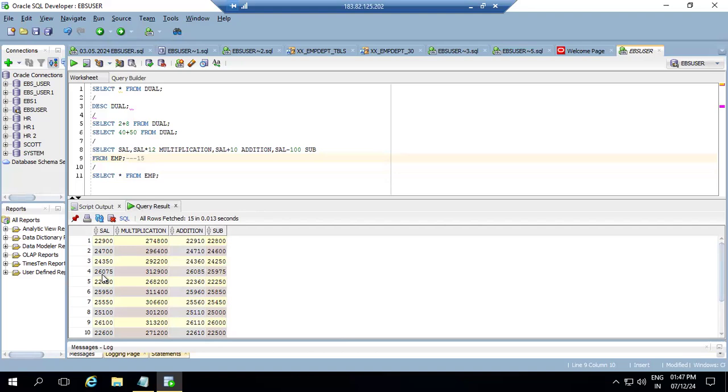This is your salary column. We mention the salary column so as not to get confused about what the exact salary is here. So our salary is 22,900, and we are doing the multiplication into 12, which is another column over here. Then the addition and subtraction, right? If you use it like select sal, sal into 12 for multiplication, sal plus 10 for addition, sal minus 100 from dual over here,